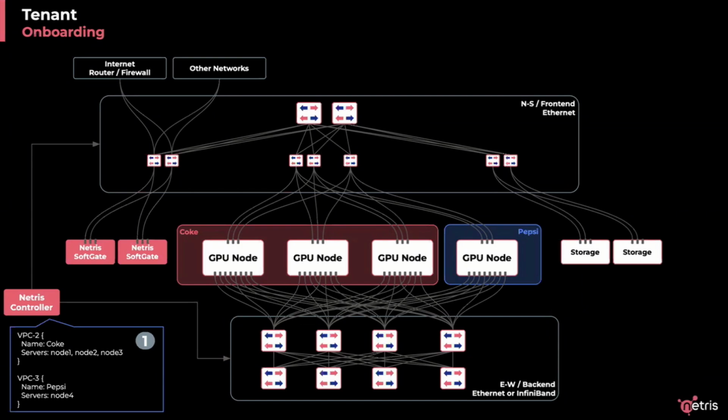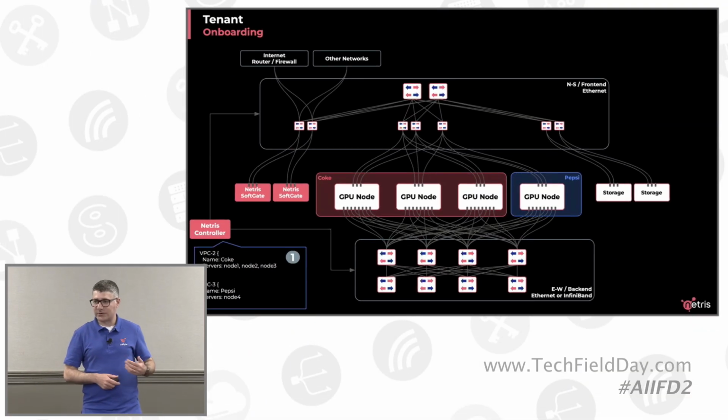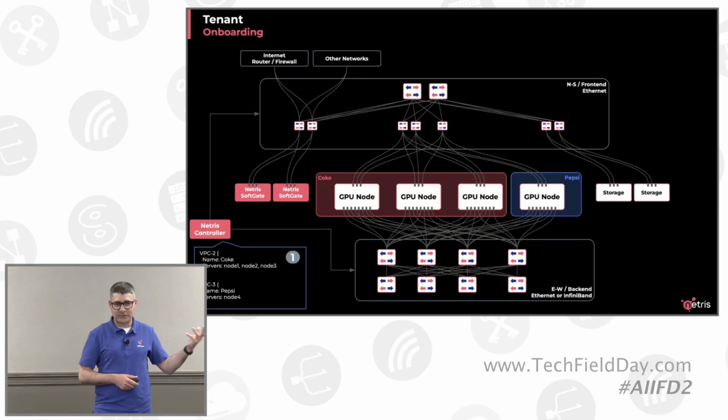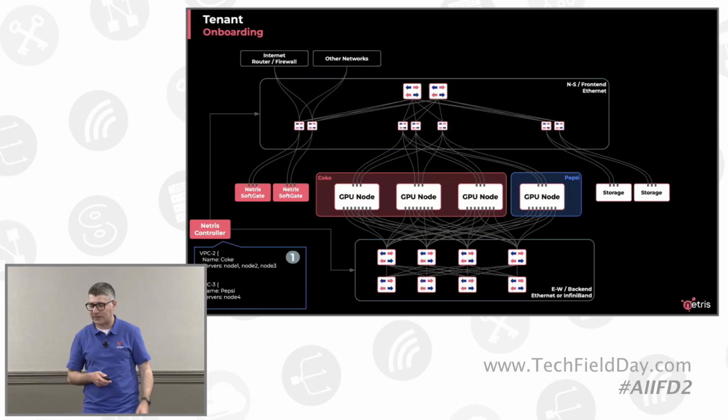So they knock on your door: hey, I need 5 servers, I need 25 servers, whatever. You describe that very same thing in Netris Controller. Servers 1, 2, 3, 5 go to tenant 1. Servers 20, 25, 23, whatever, go to tenant 2. Enter. And because Netris is the source of truth, it knows all your topology. It knows how your servers are wired, connected, how your network is dealing.